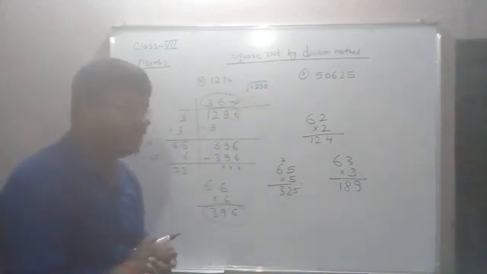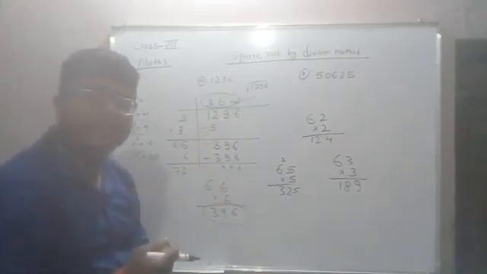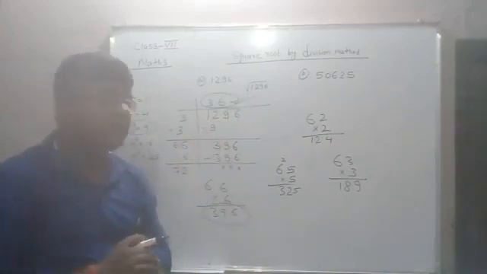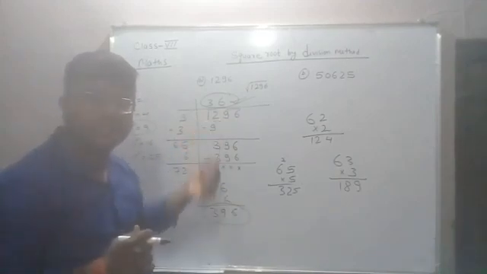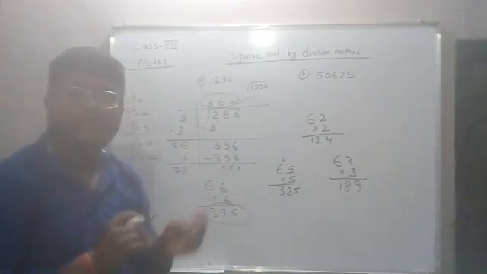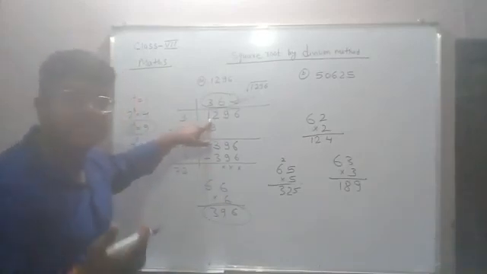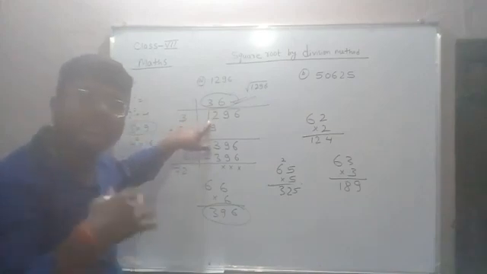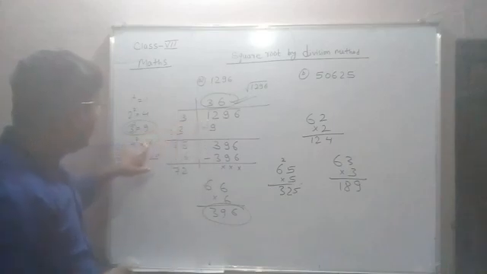Once again, listen very carefully. We need to pair the numbers from right to left. We need to make groups of 2 numbers. So these 2 are in a group, these 2 are in a group. After that, there will always be a 2-digit number here. So you need to see the squares from 1 to 9. Which one will we take? Here, which number's square is just equal to this first pair, or just less than this number? So I have checked here 1, 2, 3, 4, 5, and we got from here that the numbers greater than 12 start coming.